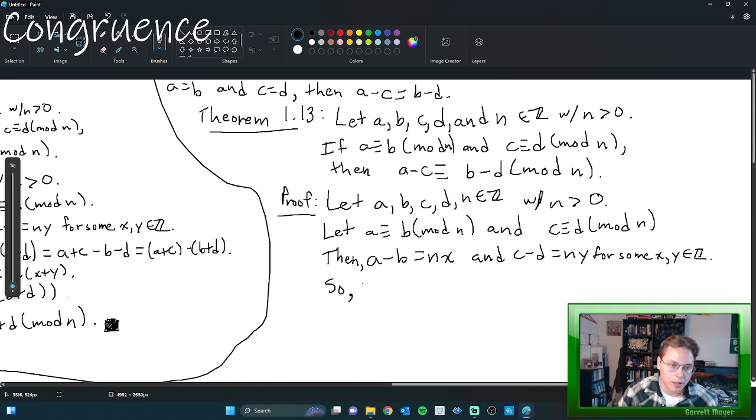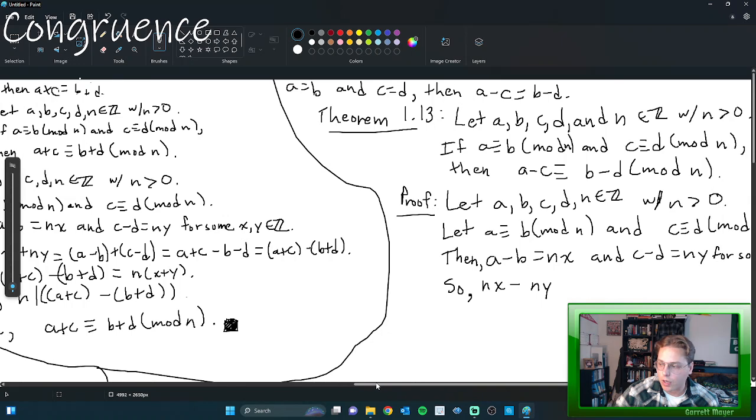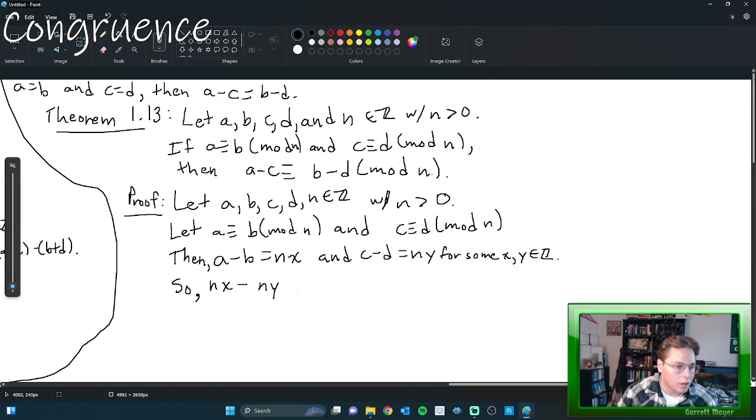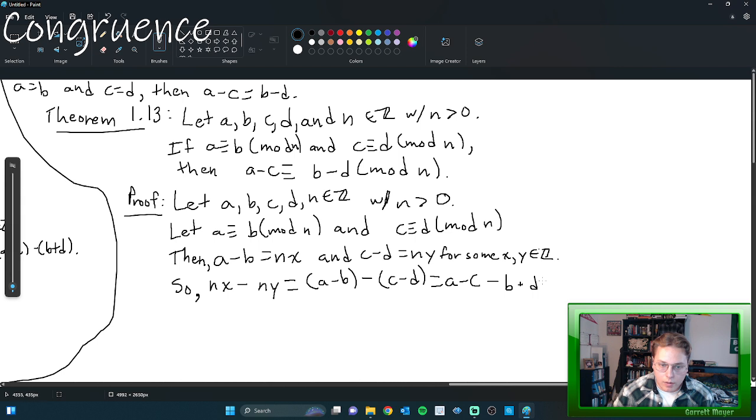So because of this, we can take nx minus ny this time, which if you remember last time we just took nx plus ny, and based on that we will have a minus b minus c minus d, and with that that becomes A minus C minus B plus D, and this is equal to A minus C minus B minus D. And based on all this, what we're going to get from this is